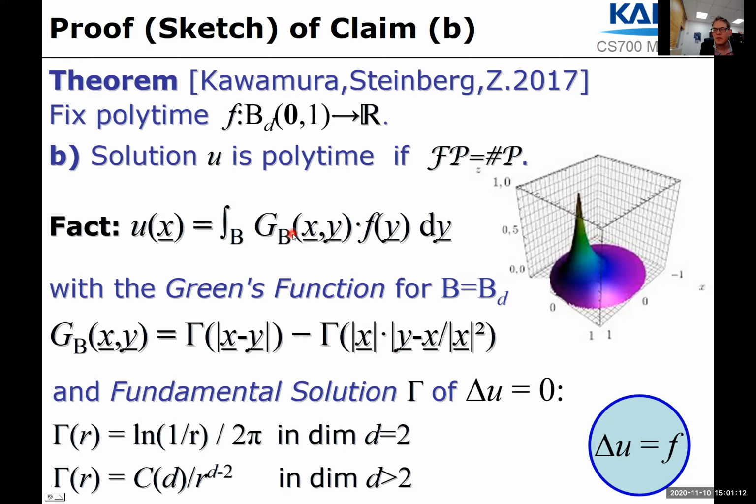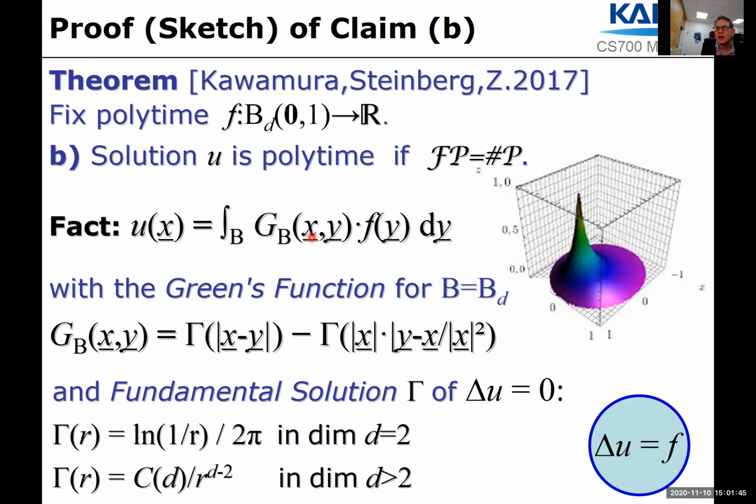So why is this hard to compute? I hear numerical scientists say, well, because of this integral, of course, right? We know that integration is a hard problem. So let's look more closely at this integral. Well, first it's a high dimensional integral. It's an integral in dimension d, so it's an iterated one-dimensional Riemann integral over the Euclidean unit ball.